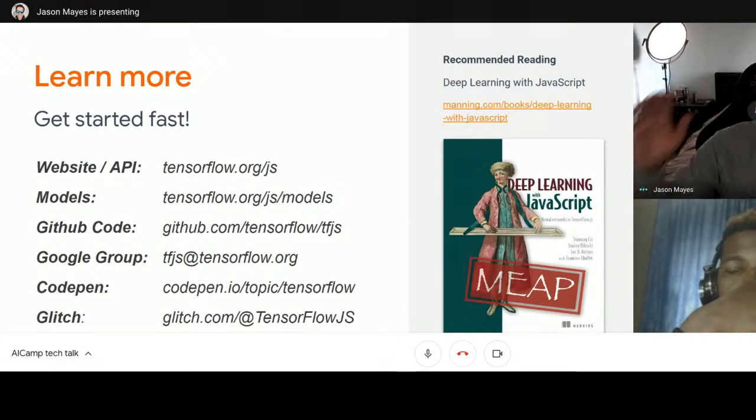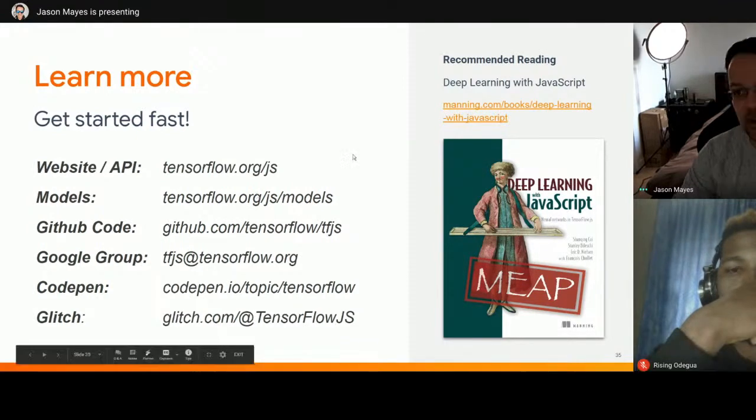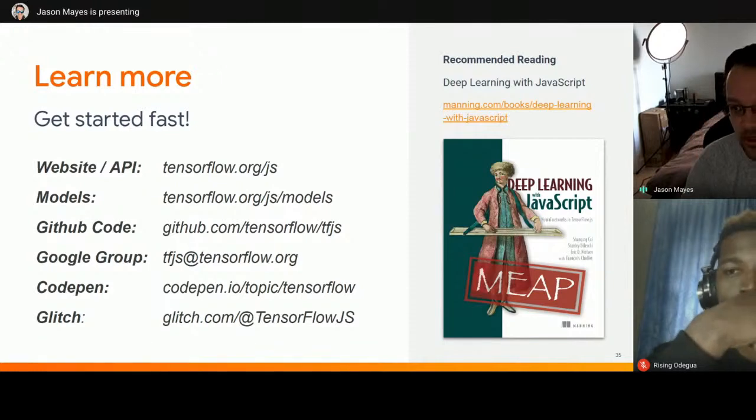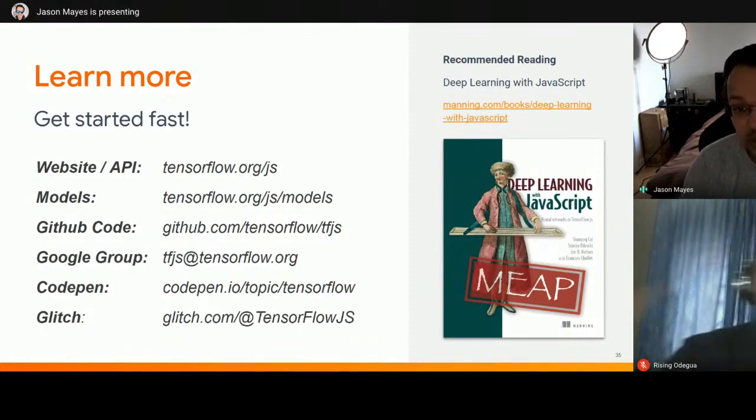And then finally, on the right-hand side here, if you're looking for some recommended reading, I recommend Deep Learning with JavaScript. This is a very robust book which takes you from the very basics of machine learning, like simple linear regressions and things like this, all the way to convolutional neural networks and GANs, generative networks, in JavaScript, which is very, very powerful. So if you are a beginner to machine learning, this is a great book. If you are new to JavaScript, you do need to know some JavaScript to understand this book, so I'd recommend taking a JavaScript course first and then looking at this book after that.